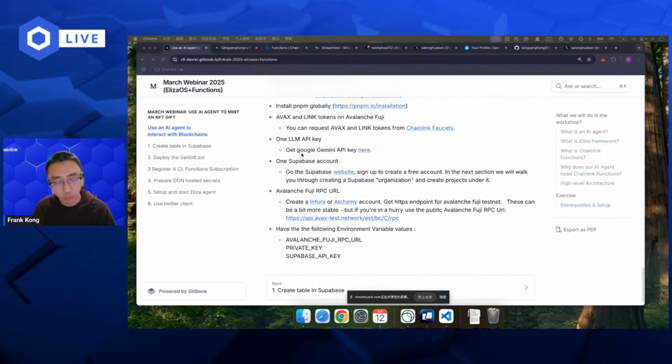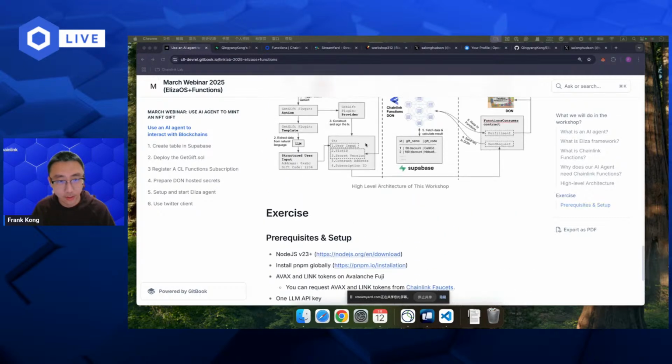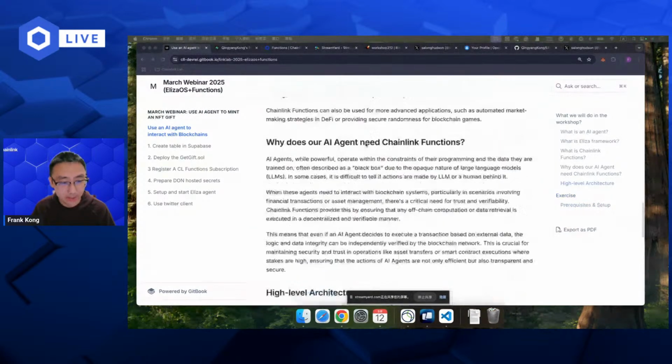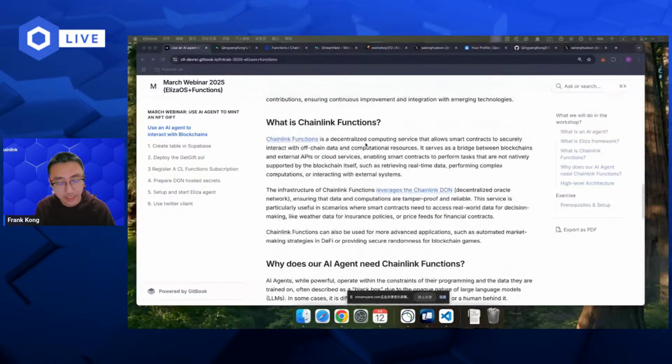We list the Google Gemini API key here because it is free to use the first time. So if it's your first time building an AI agent, you can apply for a free key in Google Gemini. But you can use whatever LLM you like for your Eliza. Eliza is just a wrapper to provide a client and connect the input data to the large language model you select.